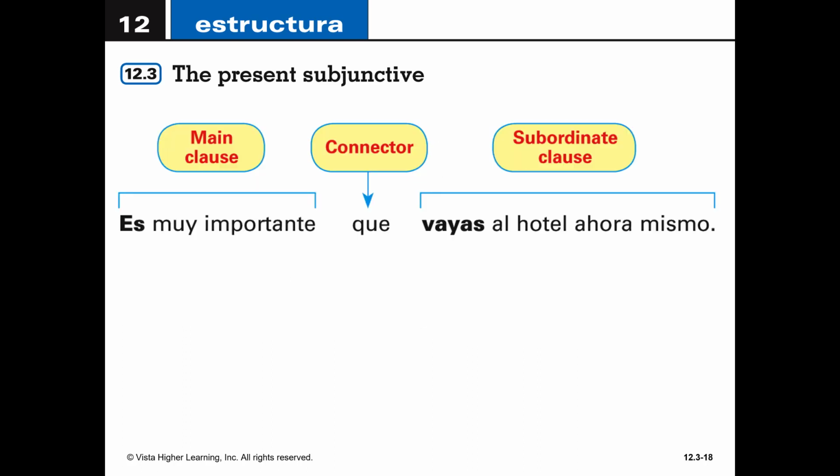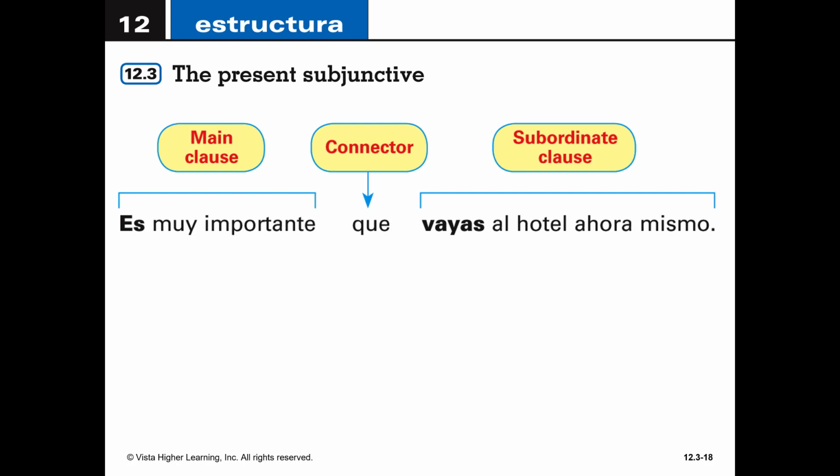The present subjunctive, the way that you're going to know that you need it is, of course, if you have one of those four situations, but you'll be able to recognize it because it has two parts in the sentence. It has a main clause. Both parts are connected by que. There's also other connectors, but for the purposes of this example, let's say that que is the connector.